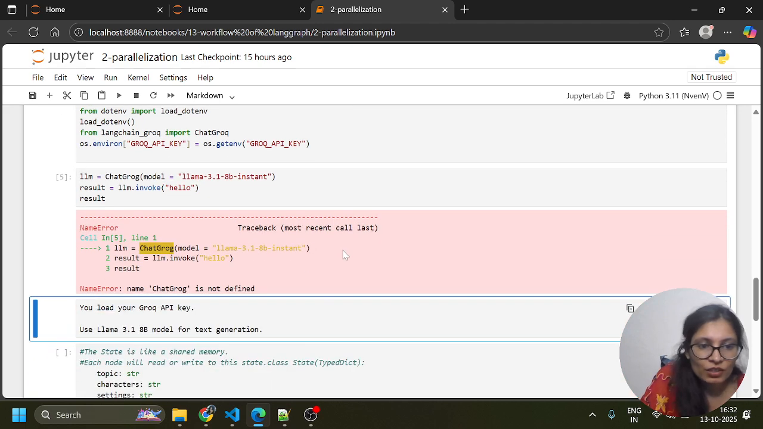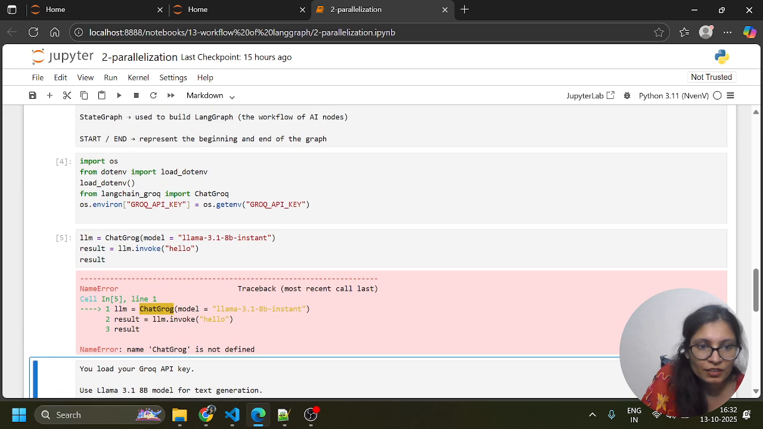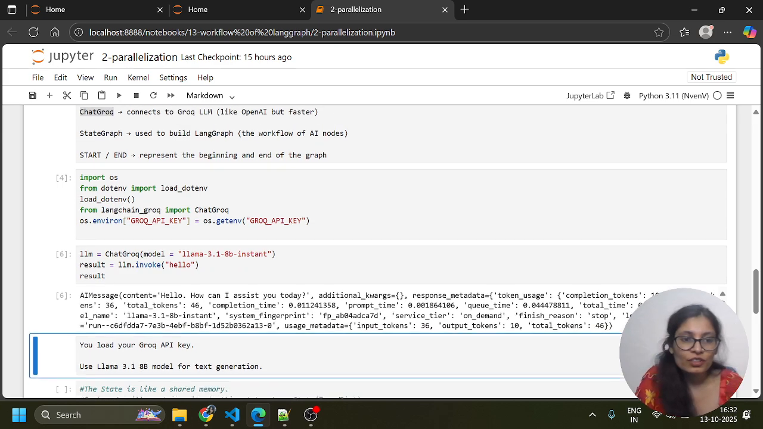Okay, so I got an error: name ChatGroq is not defined. I already defined this one, ChatGroq. Okay, so I made a mistake here. It's Groq. Okay, so here you can see